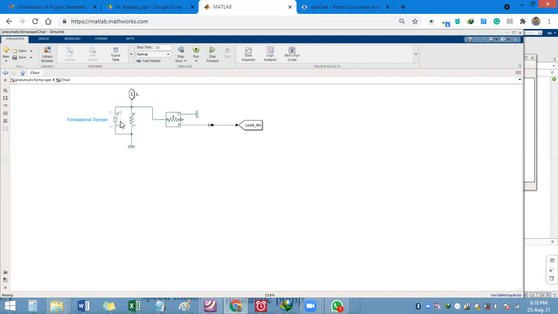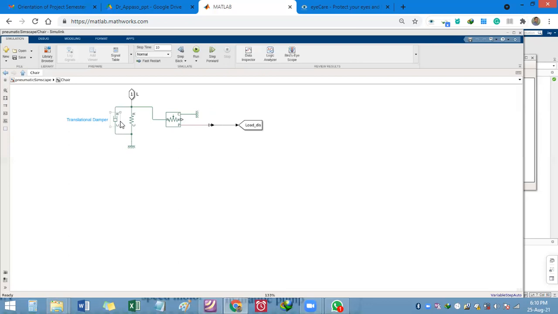It means we are not considering the mass of the chair. The mass of the chair has been ignored, and actually many non-linearities have been ignored in this model. We are simplifying our chair into a spring damper system, and later on we will try to find out under what approximation, under what limit our chair works as a spring damper system, meaning up to which deformation it will behave like a spring damper.